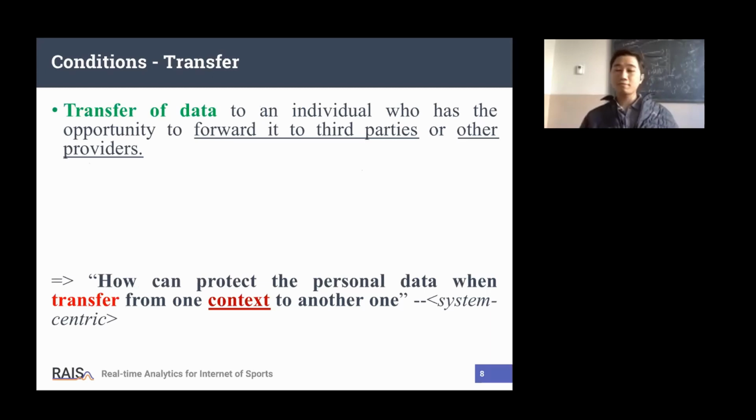Okay, in the transfer, it's very, very hard, for sure. Because currently, the system is system-centric. It means all the data is stored in the center, the data center. Even when they have many strong approaches to support privacy, for example differential privacy, anonymity, replacement, many things I cannot list here, they have drawbacks.